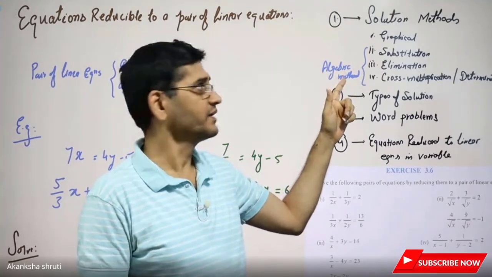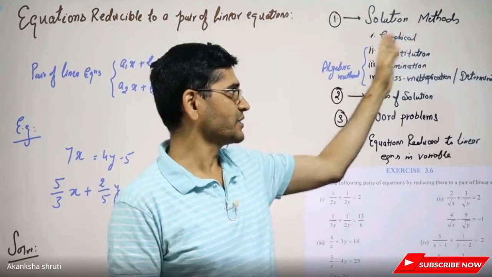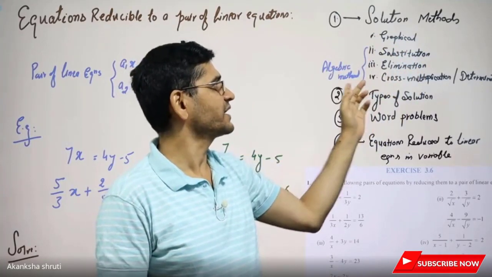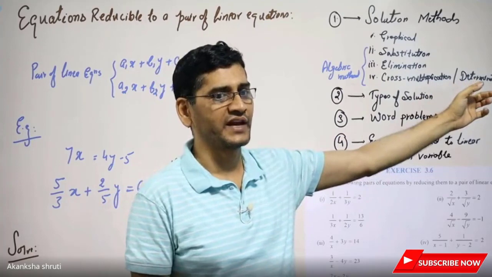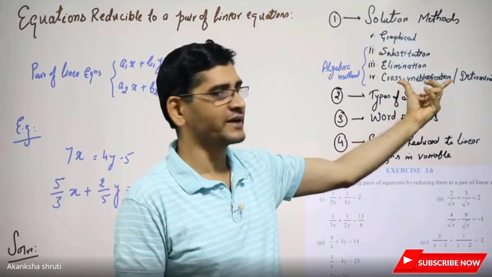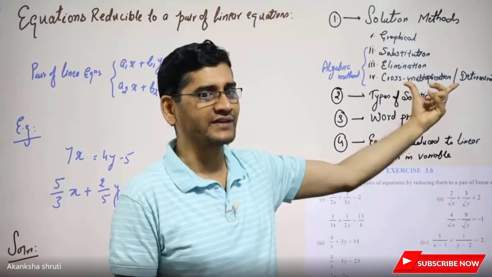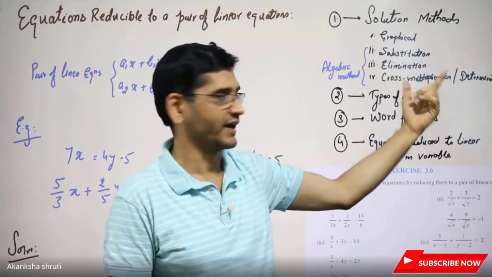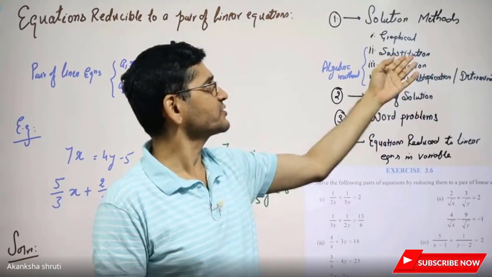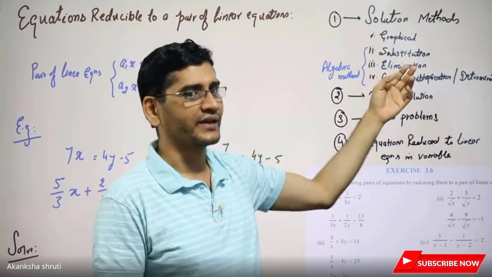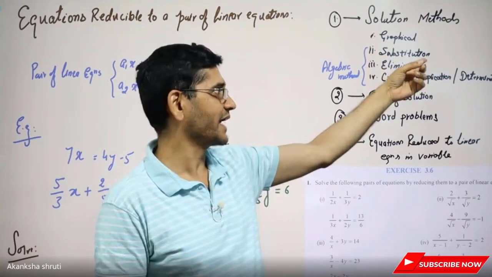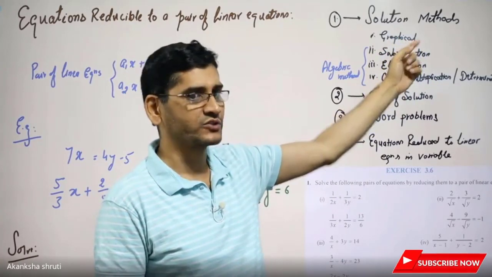Till now, we have learned how to find the solutions of linear equations. We have learned the linear equation can be solved graphically, by substitution method, by elimination method, by cross multiplication or determinant method. Last day we have learned that this determinant method or cross multiplication method is quite effective and just gives the answer in only one line. Then this elimination is also good and time saving. Substitution and graph are a bit lengthy, but if the question is asked to solve it by substitution, surely you have to go by that method, and graphical, then you need to plot the graph.